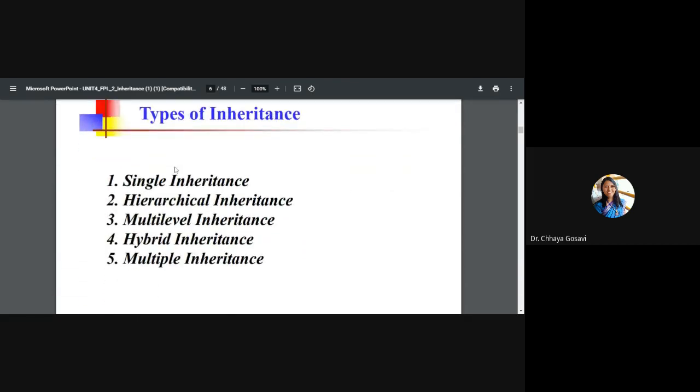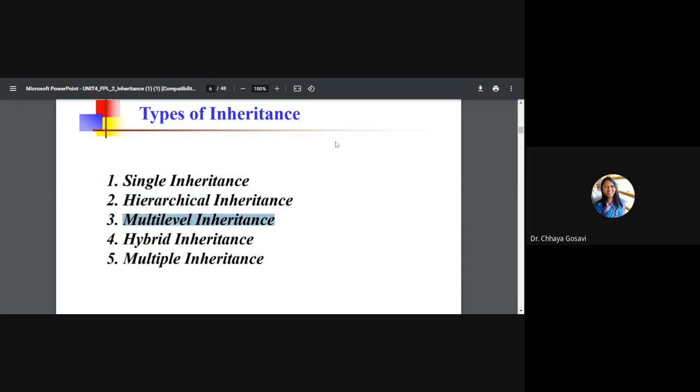Different types of inheritance. Single inheritance: in this case, we have only one parent and one child, one superclass and one subclass. Hierarchical: it is a tree-like structure. A parent can have multiple subclasses, and every subclass can then have further subclasses. So that is a hierarchy.